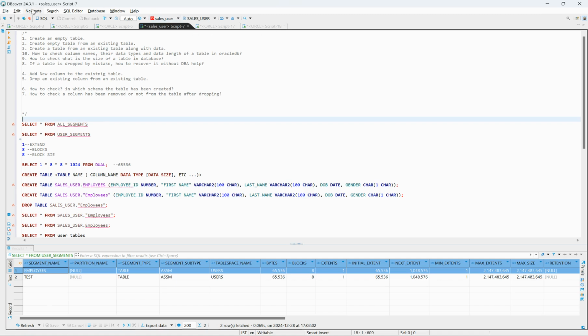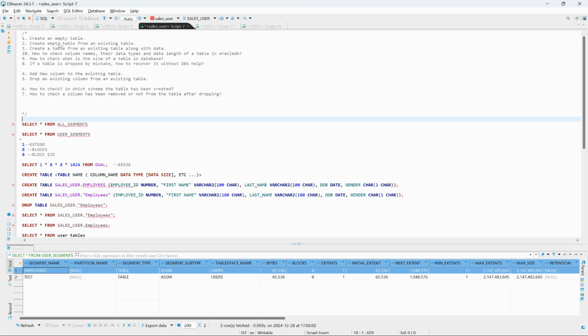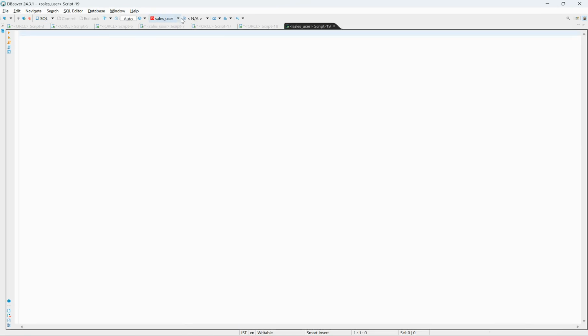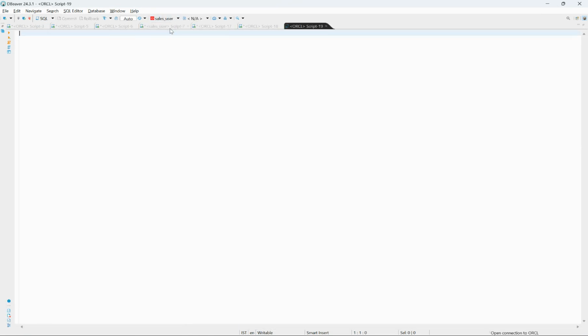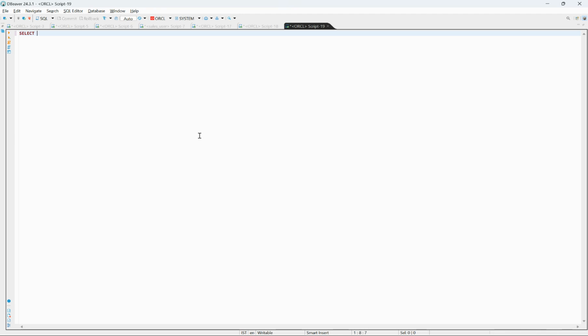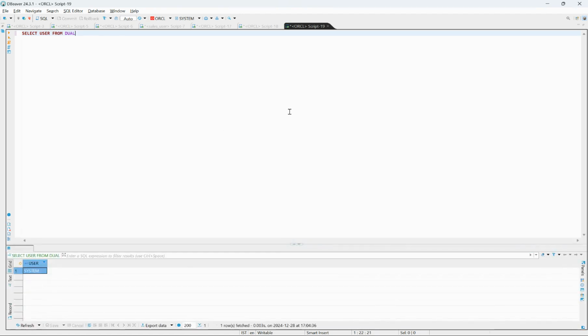I can go to another window, and I'll be changing this to the root container. And if you check, I have logged in with the sys user, right? System. So what I'll do is select star from all_tables where table_name equal